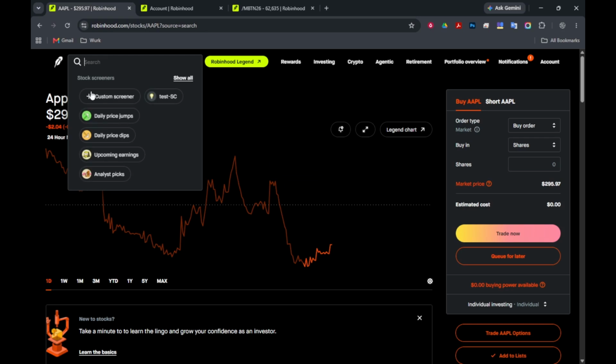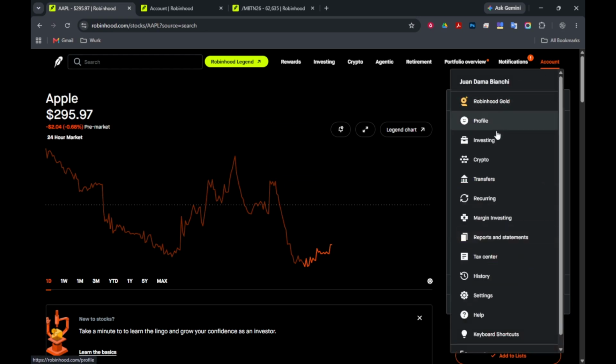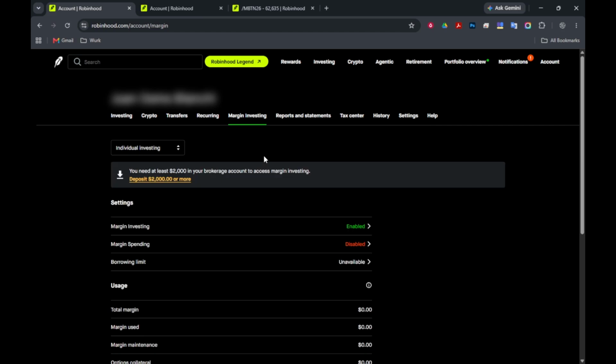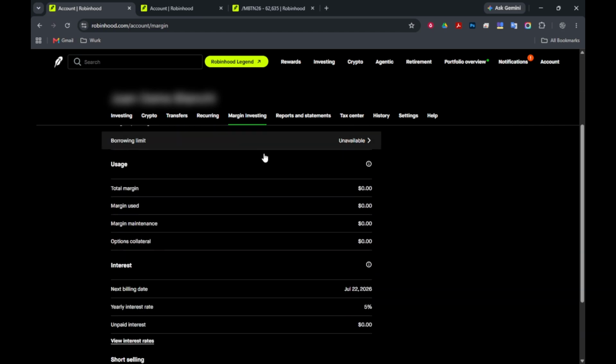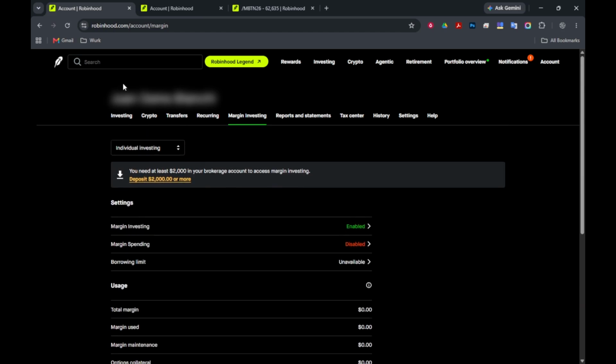First things first, you need to make sure you're eligible. To trade futures on Robinhood, you'll need a Robinhood individual investing account. In addition to that, you must have margin investing enabled or be approved for options trading on your account. If you find that you don't have either of these, unfortunately, you won't be able to apply for futures trading. This requirement is important because it ensures you have a certain level of financial capability and experience, which is crucial for handling the complexities of futures trading.